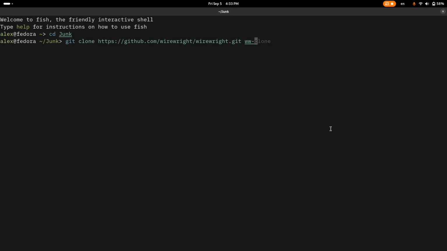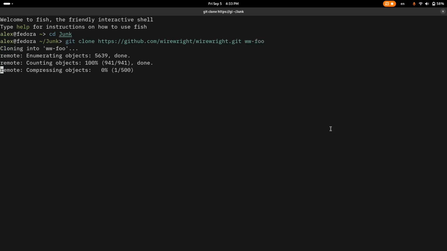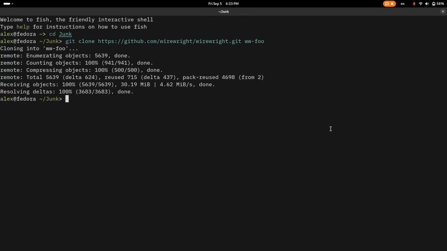So let's call it something. I don't know, let's call it foo. And so this clones the repository, and we are going to wait. And then we are going to enter into the directory here. And now in order to get Wirewright working, what you would have to do is you would have to first